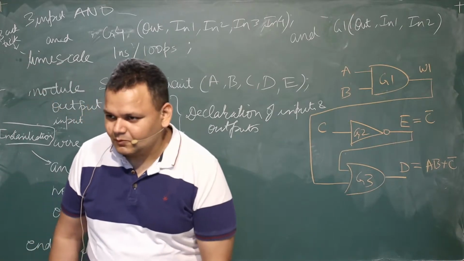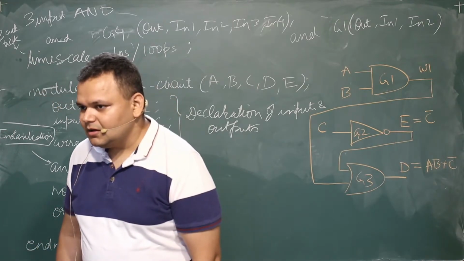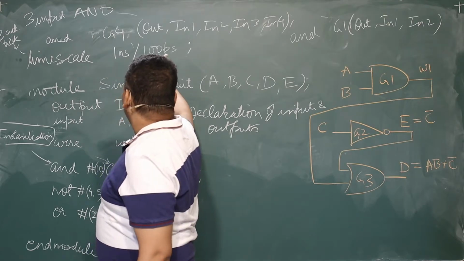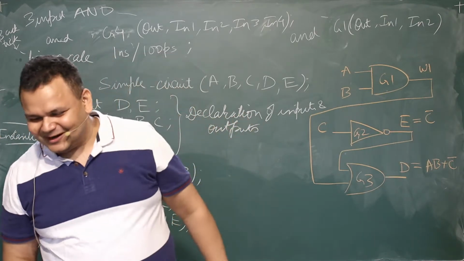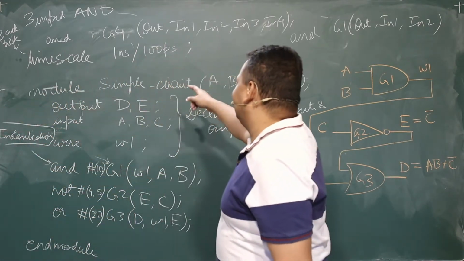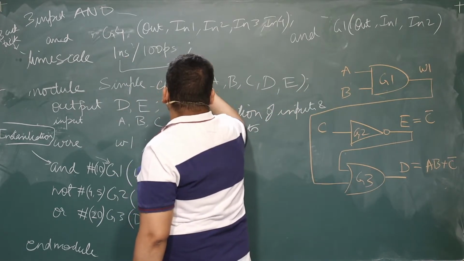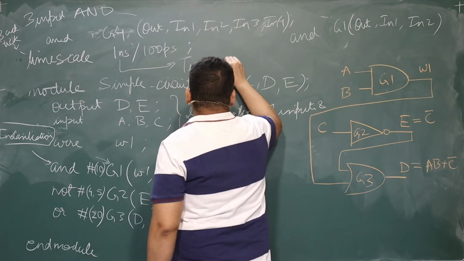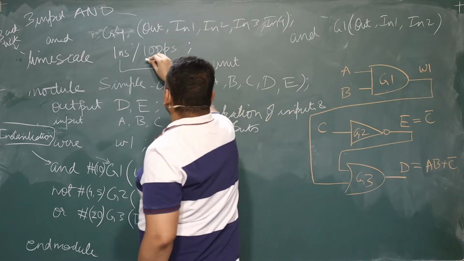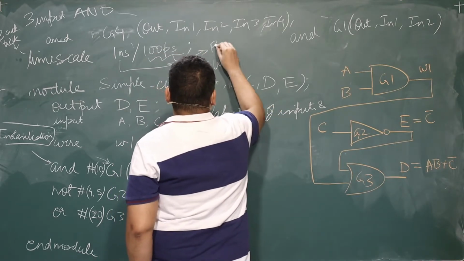Sir, like what you have written, 1 nanosecond slash 100 picosecond. It's not per 100 picoseconds. I'll get into what this means in a moment. So this is your time unit. 1 nanosecond is your time unit. And this is your precision